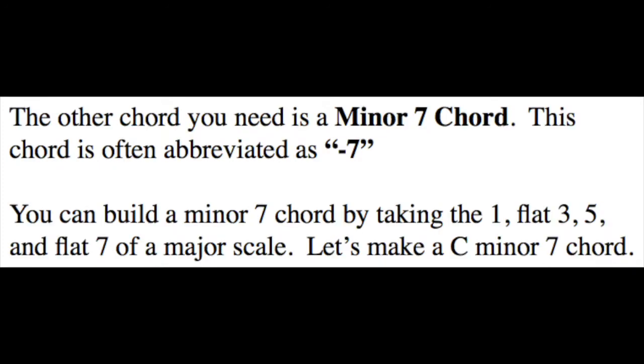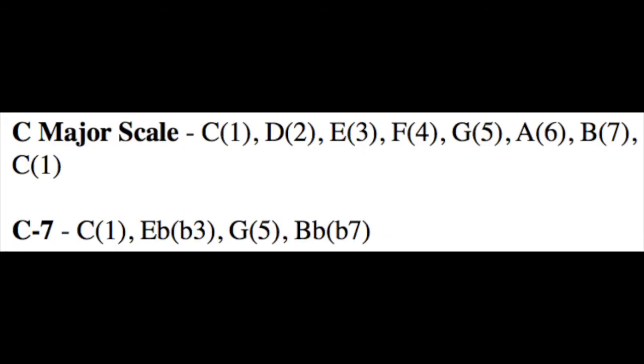Another chord you'll need to learn how to spell is a minor 7 chord. You'll see this often as -7 or min7. This is a different kind of chord quality. We can still refer to a major scale to help spell it though. So let's try to spell a C minor 7 chord. So we'll have a C, D,